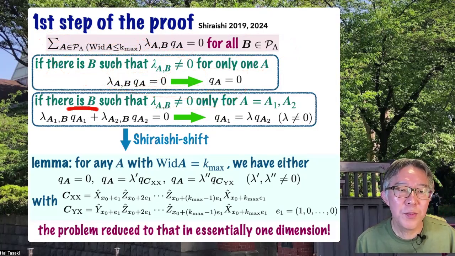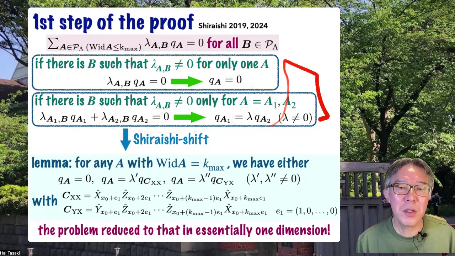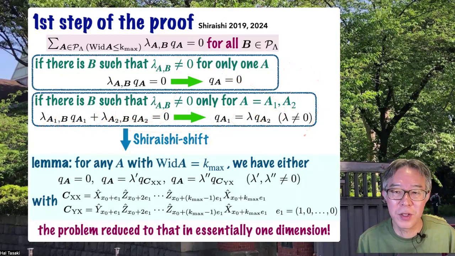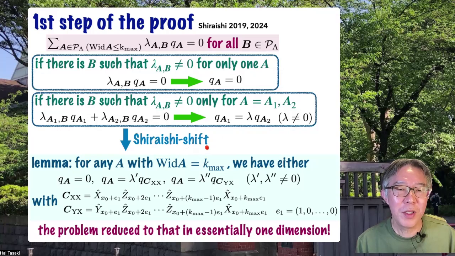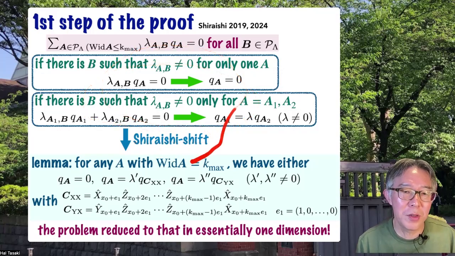And also, if there is B such that this is non-zero only for two A's, then this equation becomes like this. And since both of them are non-zero, this can be written in this form. So these coefficients are related in this way. Okay? This is also very useful. And by using these basic relations and by using a procedure that I call the Shiraishi shift, we cannot use this terminology in our paper because it's a paper by Shiraishi and Tasaki. So we simply call it shift in our paper, but I call it the Shiraishi shift. So by using a very useful technique called the Shiraishi shift, by using these basic properties, we can prove this